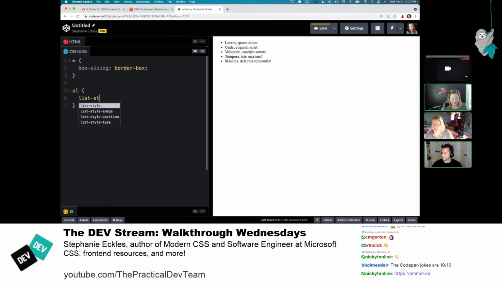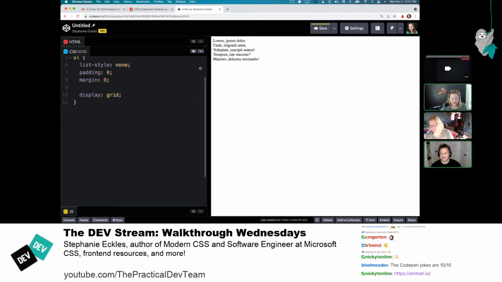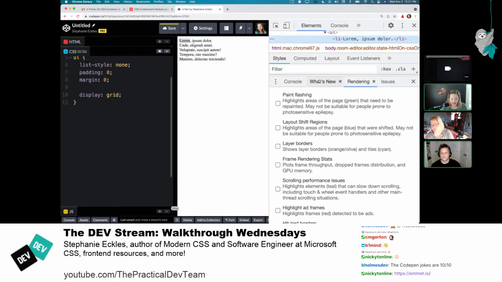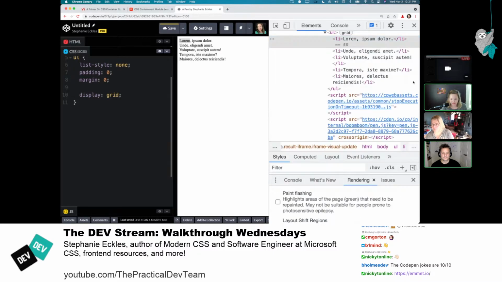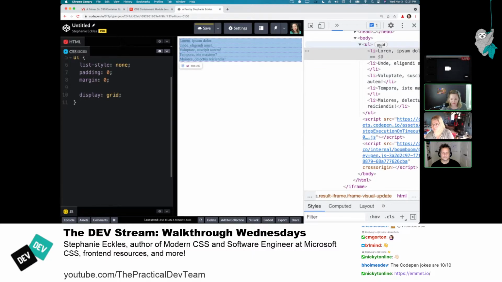So let's go ahead and reset, since I do have it in a list. We'll just do a quick reset on its styles. Cool. So we'll turn our list into the grid, if I can type today. And you'll see one of the first differences, Nick, you're talking about alignment and things. That's definitely one of the first features to take note of right off the bat with grid is that it's been applied, but